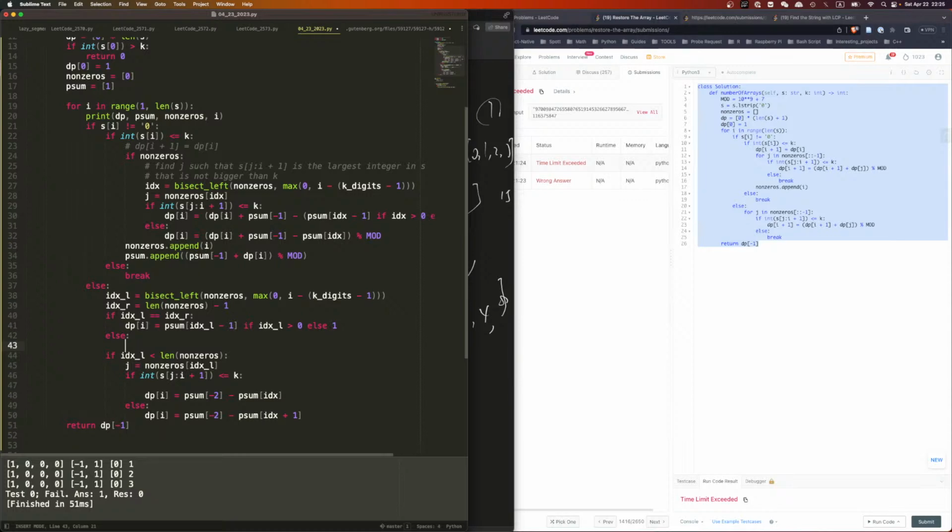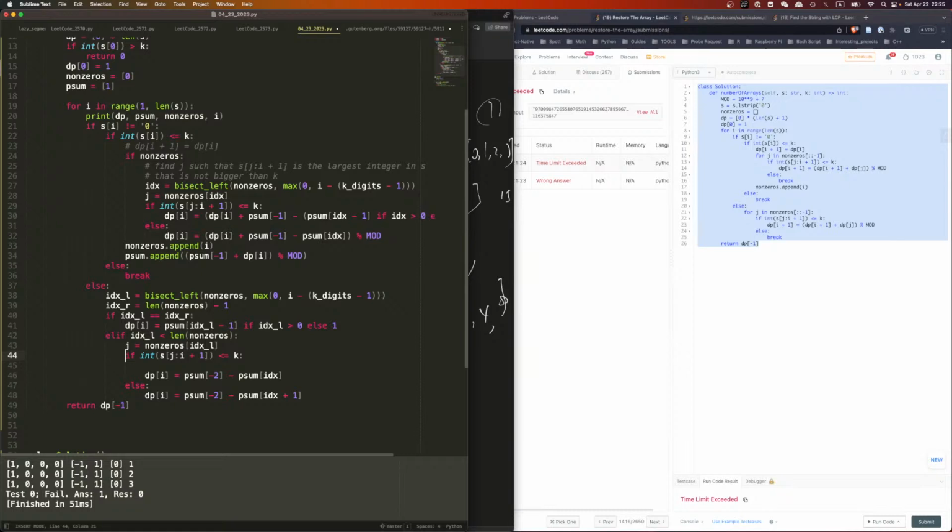Right, now elif, index L is smaller than. Now we can do this. Now we say from j to this is smaller than k. If it is smaller than k,